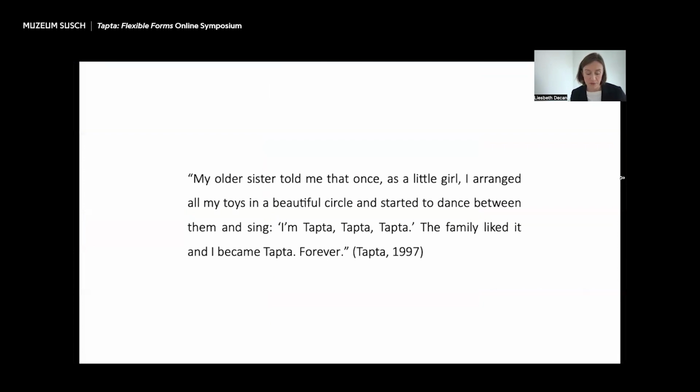Besides a pet name from her childhood, Tapta would be her pseudonym during her activities in the resistance movement during World War II, and eventually also her artist name. As Anda Rottenberg has revealed in our book, during the war, Tapta plays an active role as a scout and nurse in Warsaw, where in 1944 she eventually, along with her future husband Krzysztof